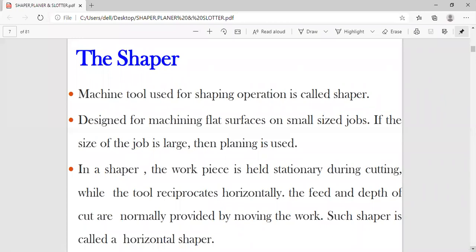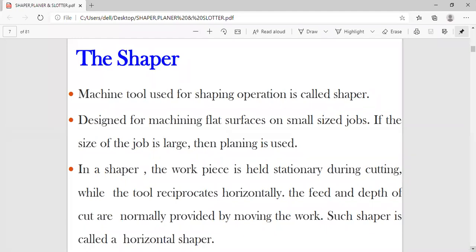And here is the cutting stroke to return stroke ratio. What is the ratio? You have to see that, because the cutting stroke will have less time, and how that particular motion is obtained is by the Whitworth quick return motion mechanism or the crank and slotted lever mechanism.